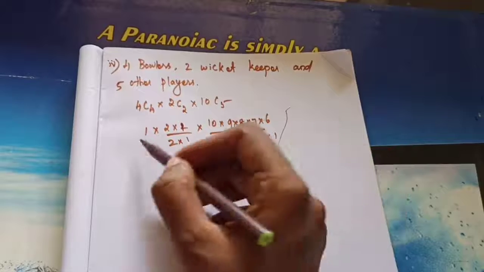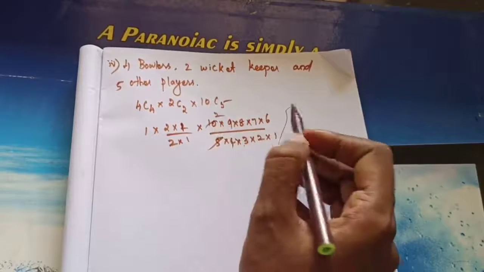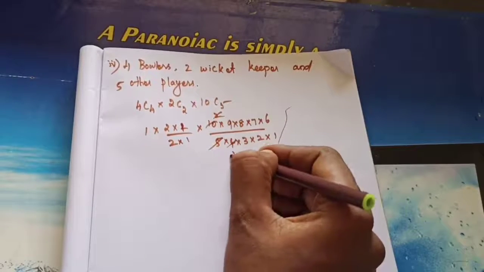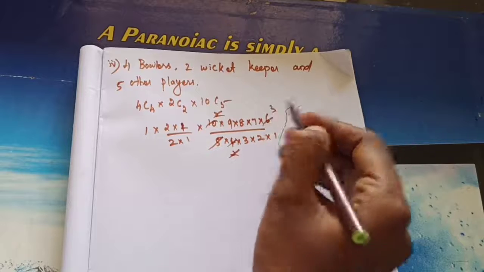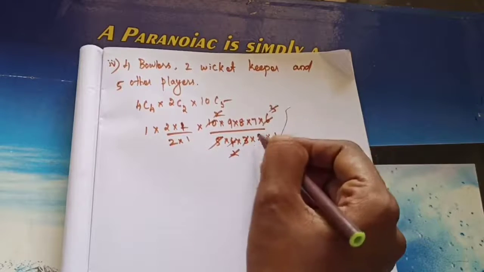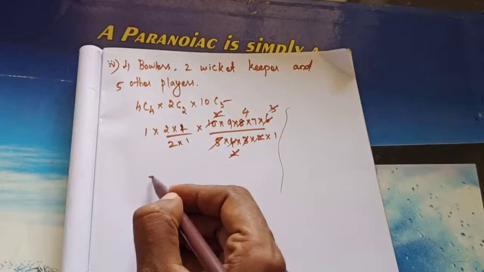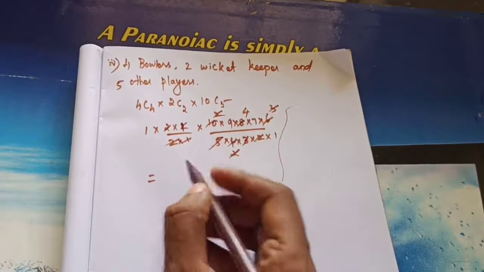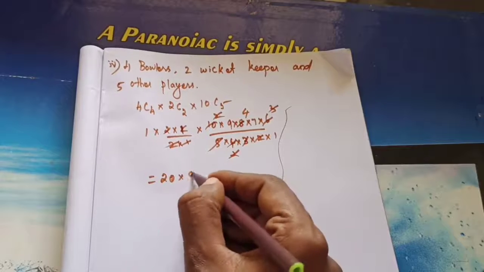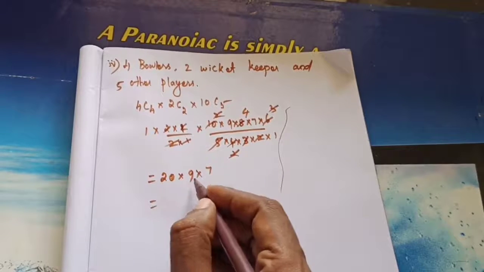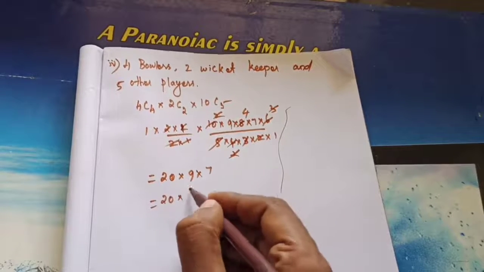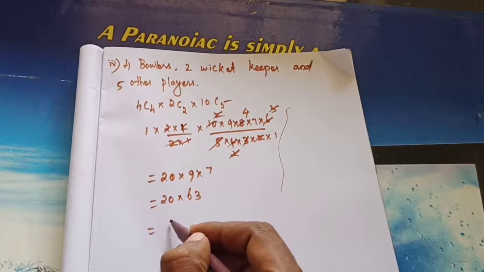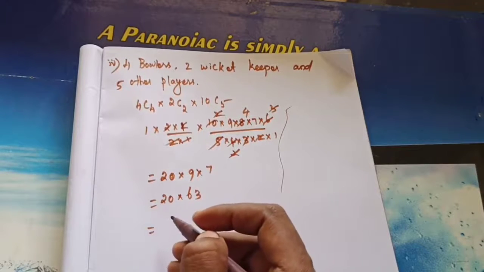So this value is everything 1. Cancelling, 2 goes with this 2, 3 gets cancelled, and here it is 4. Now multiply. Here everything will go. So how much will you get? 5 into 4 is 20, 20 into 9 into 7. How much will you get? 20 into 9 into 7 is 63. So you will get as,